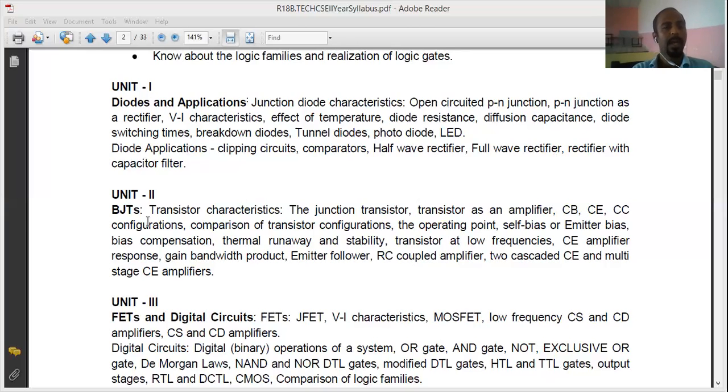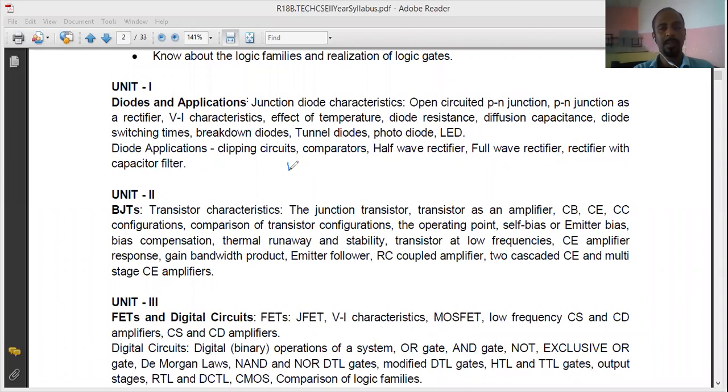Next, another important component is the transistor. Now, what is a transistor? A simple understanding is two diodes connected back to back become a transistor. Therefore, in a diode there is one junction; in a transistor there are two junctions. In a transistor I will have three terminals, which you call emitter, base, and collector.